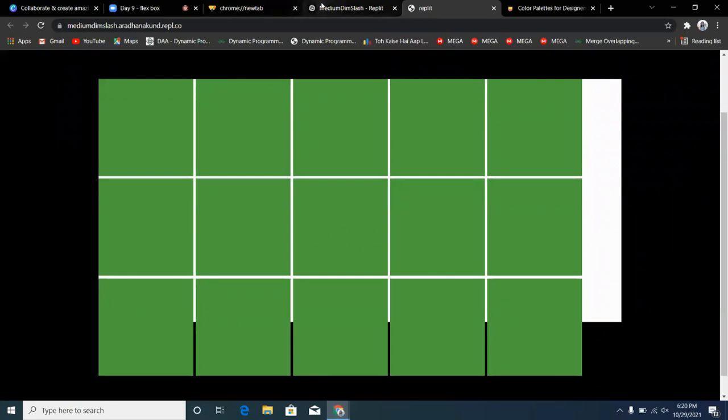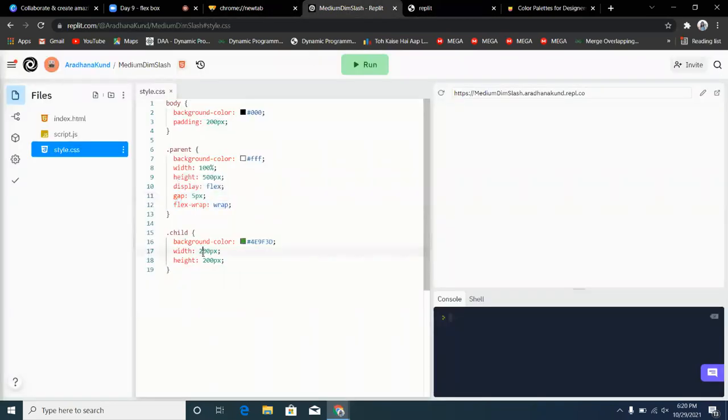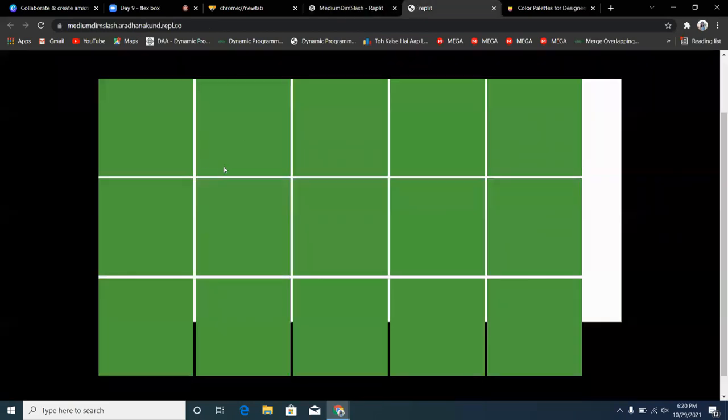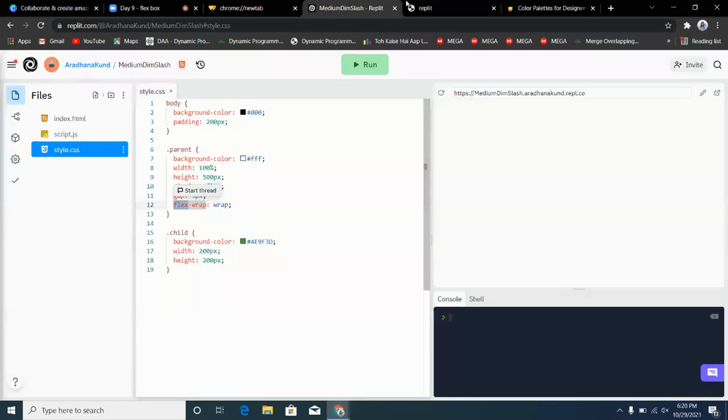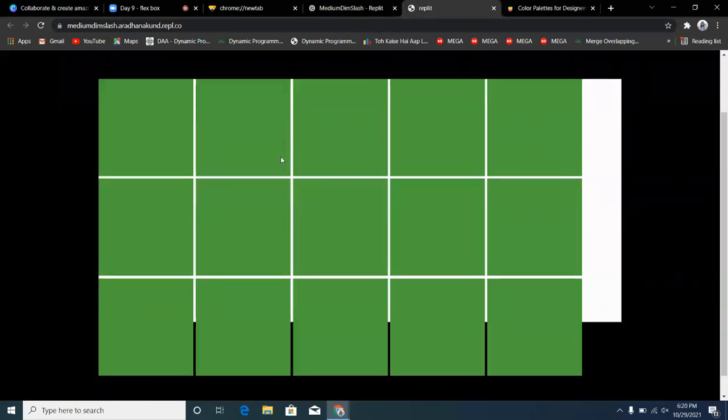But we do not want that. We want our elements to have the particular width and height given to them. So you can just write flex-wrap, and all the elements will follow the width and height, and they will rearrange themselves in the next rows so as to fit according to the width.